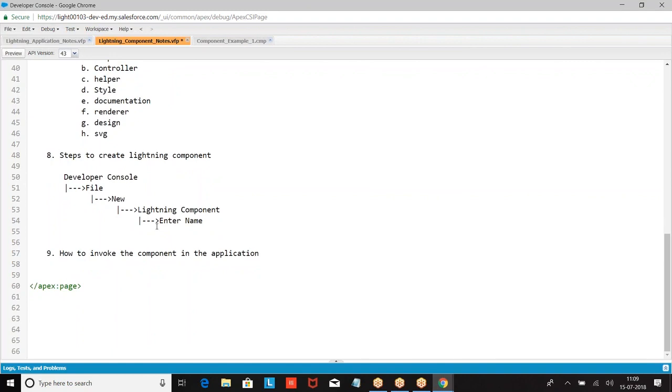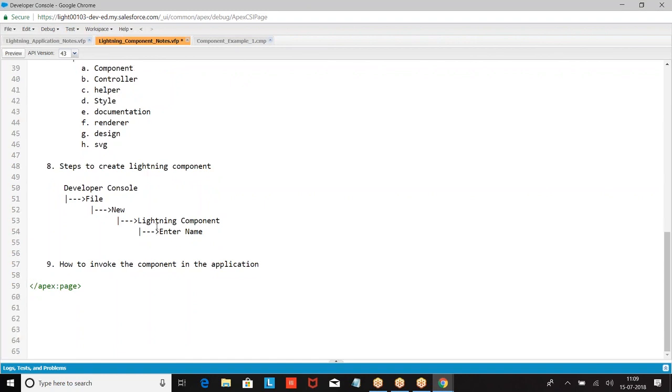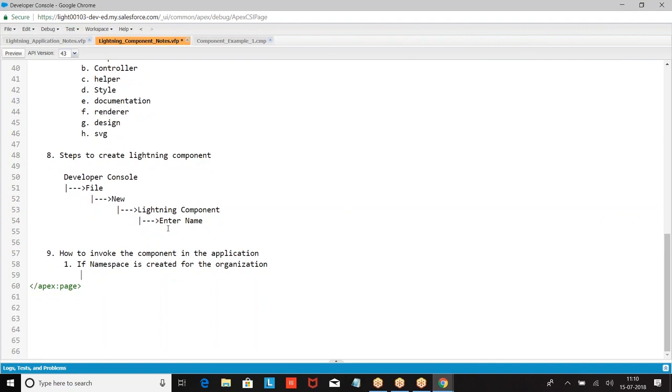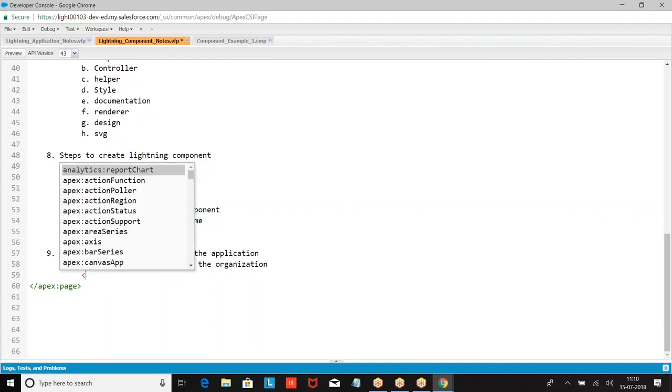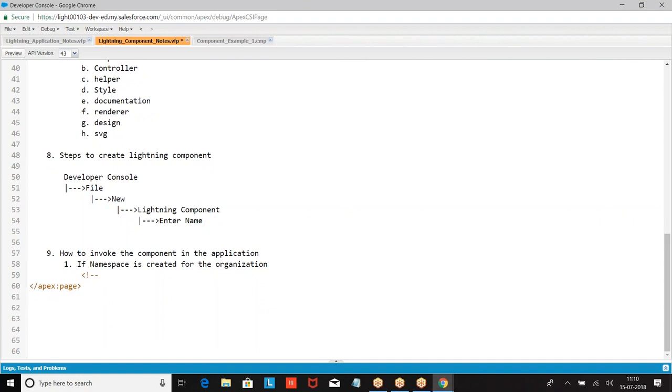First, if the namespace is created for the organization, then what do you call it? Namespace colon component name.